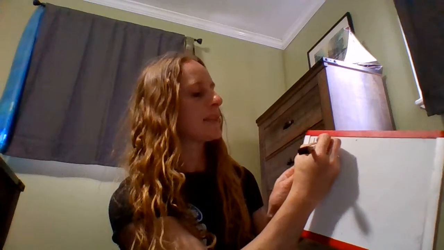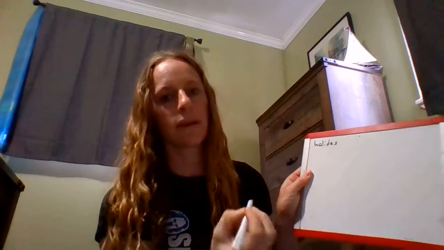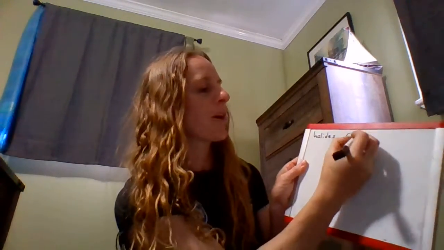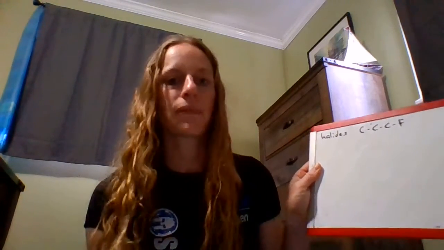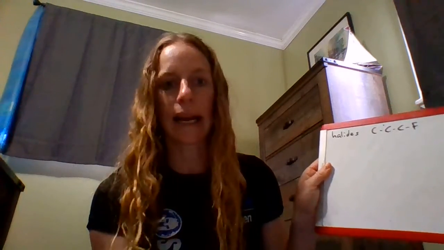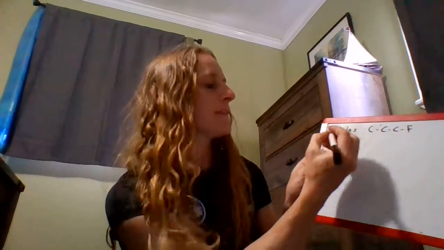And these are all in Table R. The first ones are halides. Again, you can see this on Table R. I'm just summarizing. If you've got a carbon chain and you've got, let's say, F at the end, or Cl, or Br, or I, anything from group 17, that's a halide. Okay? And alcohol,